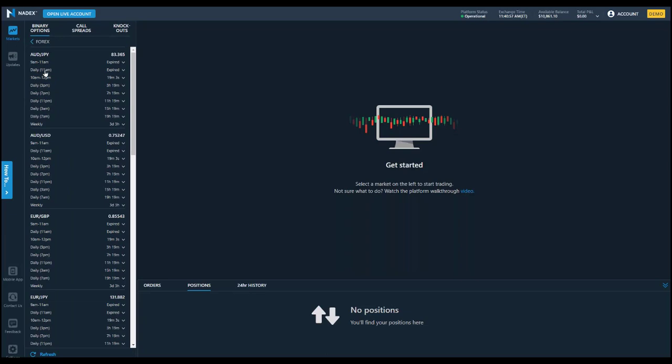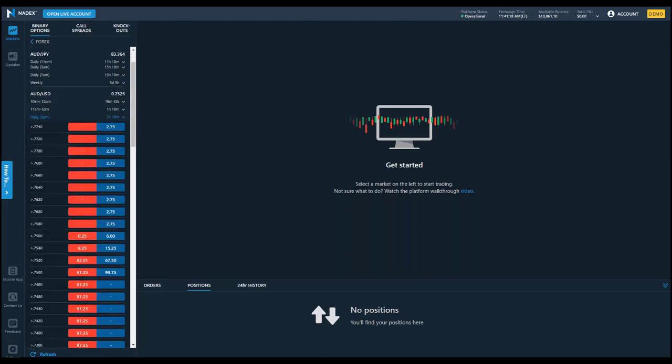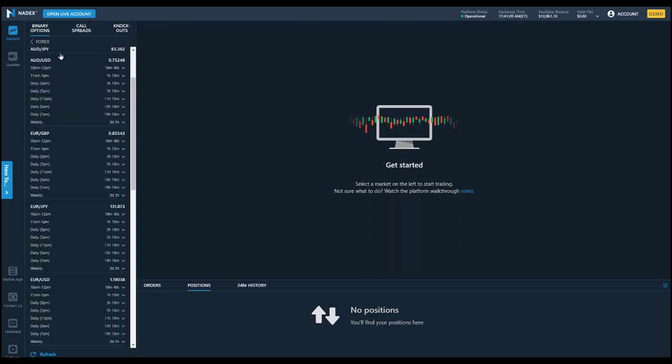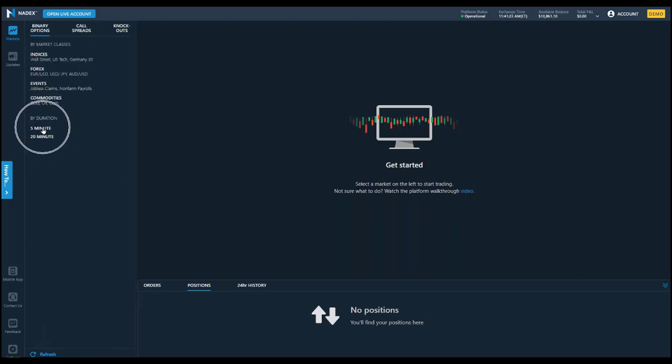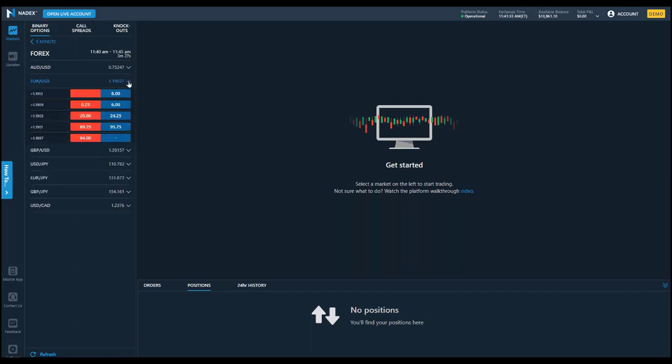Now, inside our forex markets, let's refresh that because we had some markets that expired. We've got them every couple hours, and there are these windows daily and weekly. There's always how much time is left, and you can choose the currency pair and the time that works for you. Inside each one of these, there's going to be a variety of strike price levels. I am going to go back. This is where you find the very short term, the 5-minute binary options. Nadex 5-minute binary options, they're all in FX. So we've got 3 minutes here for this particular one.